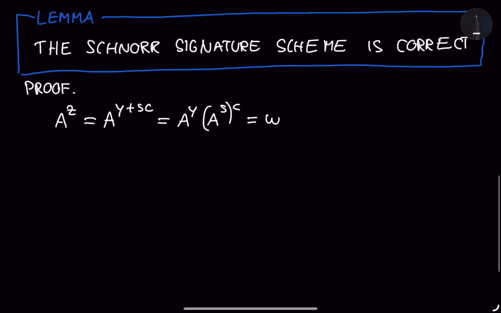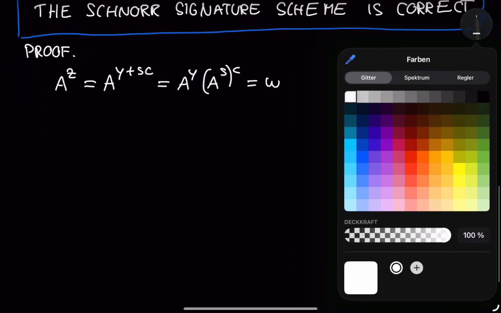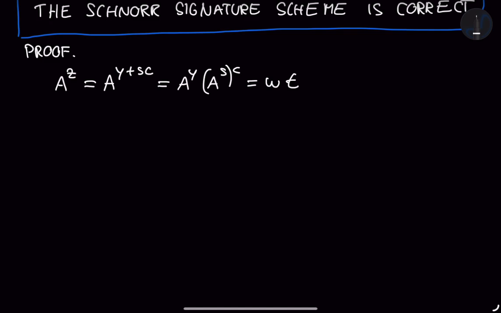And so it's T to the power of C. So A to the power of Z is W times T to the power of C. Yeah, this can be equivalently formulated as A to the power of C times Z to the A to the power of Z times T to the power of C, but